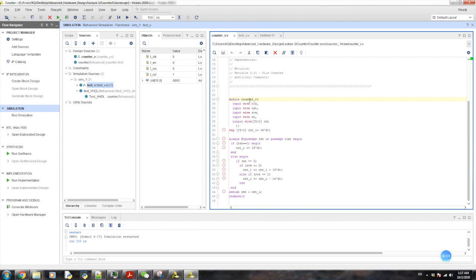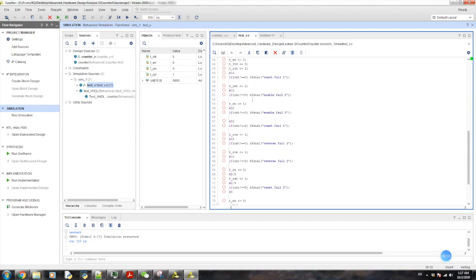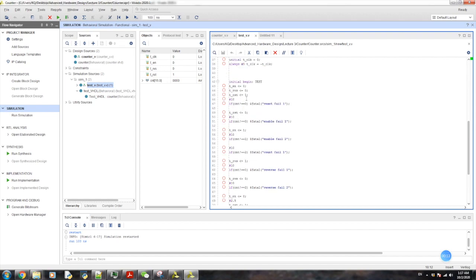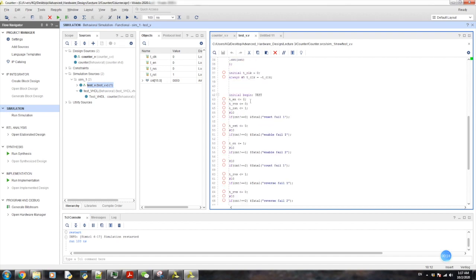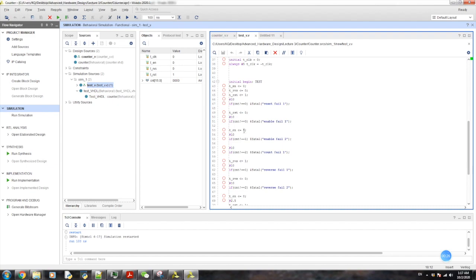First I'm showing the Verilog code for the 16-bit counter, and here's the code, and here's the test bench. So what I set here to test was when we have no enable and no reverse with reset. In the first cycle, the counter should be 0 because we don't have enable, and reset set to 0, again it should be 0. So when we have the enable signal in the third cycle, it should go to 1